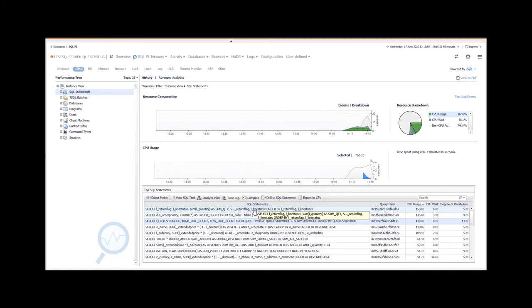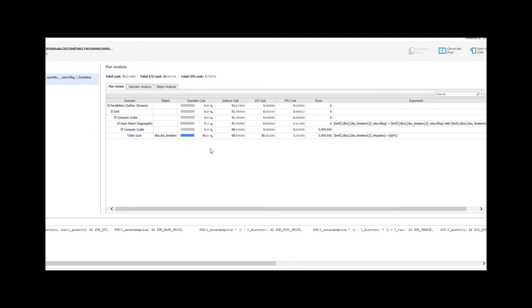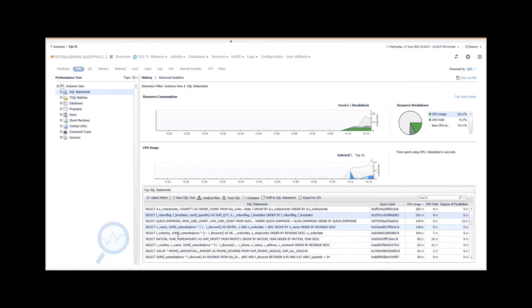And we could click into any of these particular queries and we might want to tune the query or analyze the execution plan for that particular query. We could just have a little quick look at the execution plan. And this is where we could identify whether the high CPU was related to a particular operator on the execution plan. So that's a quick way of just seeing what my top queries are. As I said, it may not be the queries that are the problem, it may be the operating system.